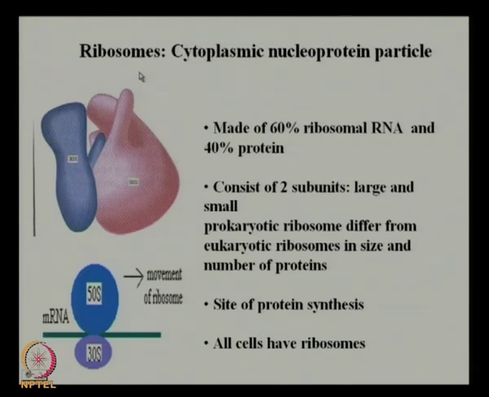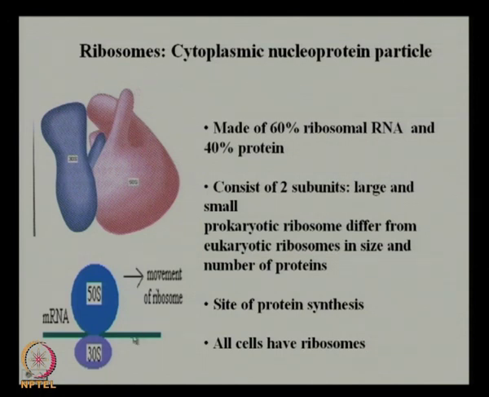If we come to the ribosome, it is made up of 60% ribosomal RNA and 40% protein. It consists of two subunits, one the large subunit, another the small subunit. In prokaryotic ribosome, the large subunit is a crown-like structure, and the small subunit is a kidney-shaped structure. The bigger one is the 50S and the smaller one is the 30S, and when the 30S and 50S come together and form the complete shape of the ribosome,